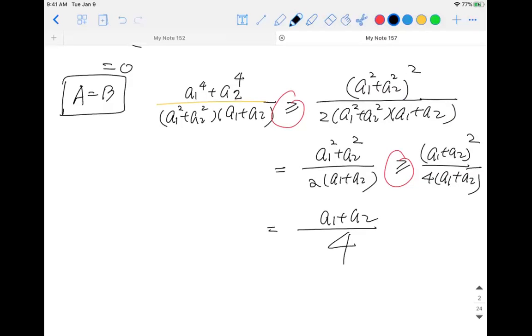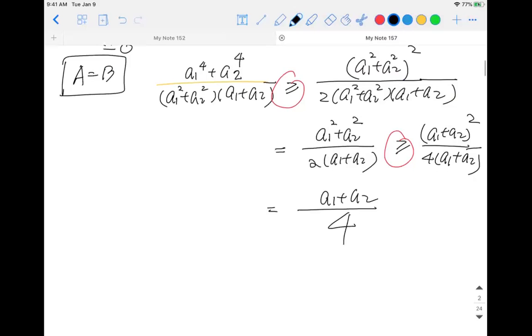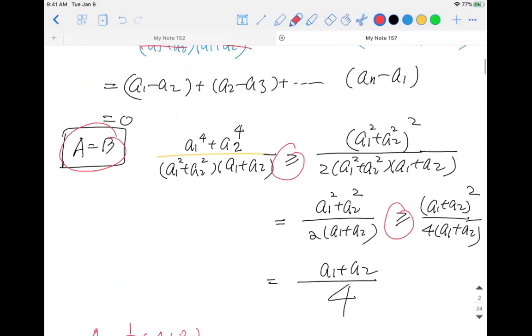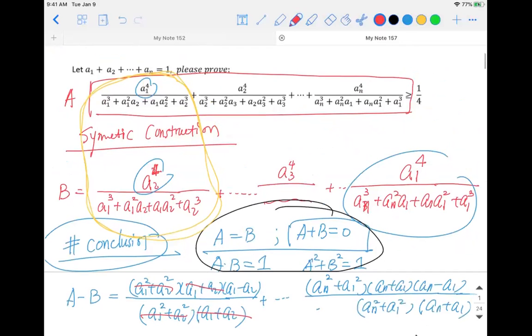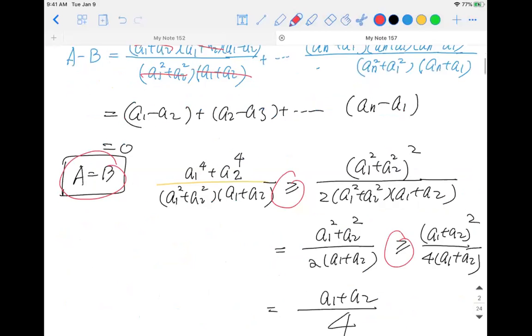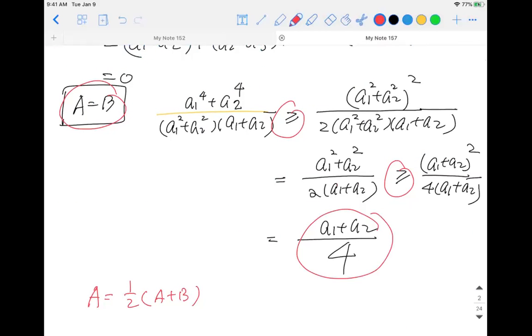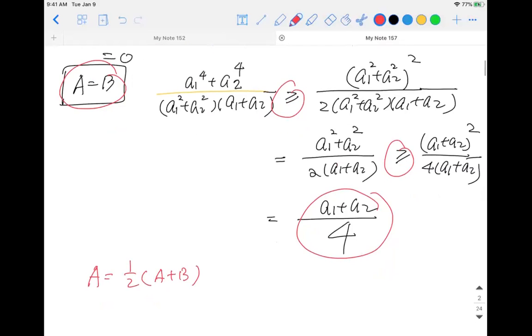Is that right? Okay. So if that's the case, look at that. A equals what? A and B, they're the same. It's actually equal to 1 over 2 (A plus B). Is that right? And what I'm trying to do is that I have already found out the first two terms, adding them together, is greater or equal to (A1 plus A2) over 4. So if I put all the terms together, that will be greater or equal to 1 over 4 (A1 plus A2),